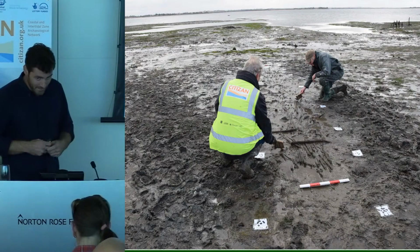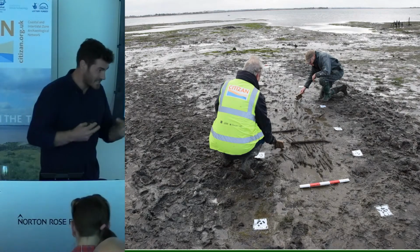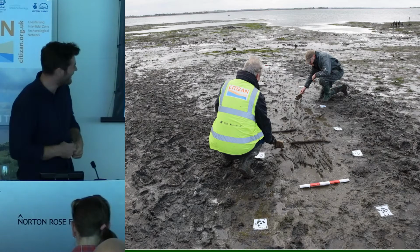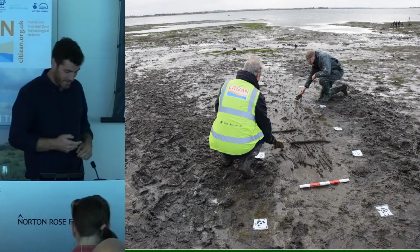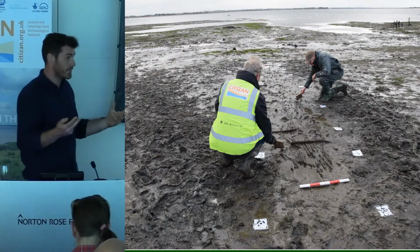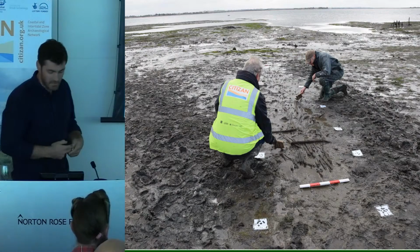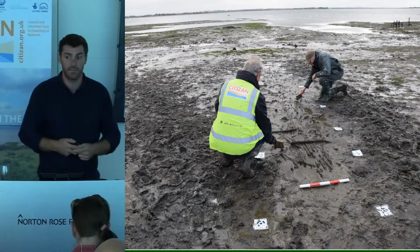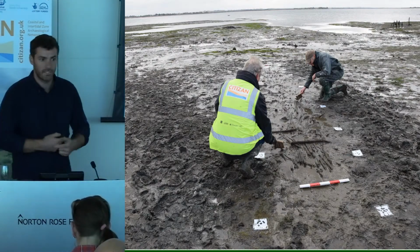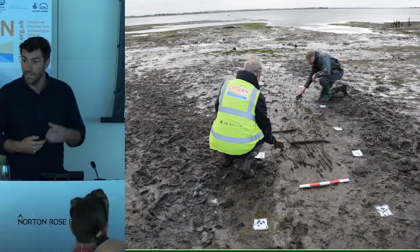And I don't know if you recognise that, Peter, but this is actually from Rolls Farm, so this is just a little further down the way. Again, you can see here a rather large section of hurdle work appearing, which formed a bit of a T-junction just here when we uncovered it, and that's just over 5 metres long. So you have these rather large sections of perhaps potential trackways popping up here, there and everywhere